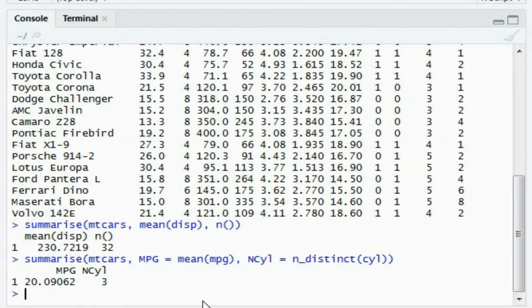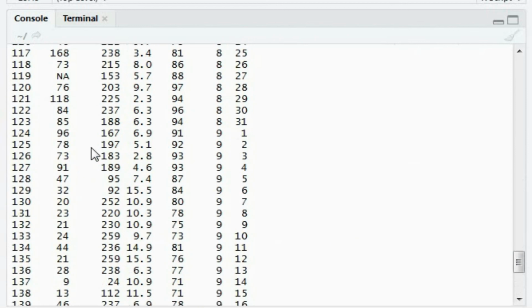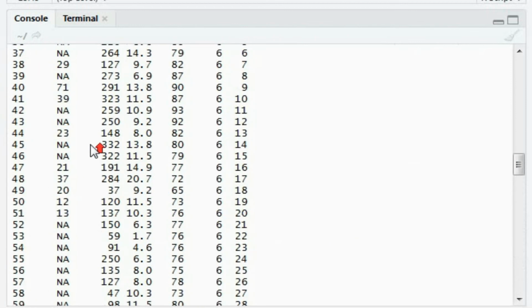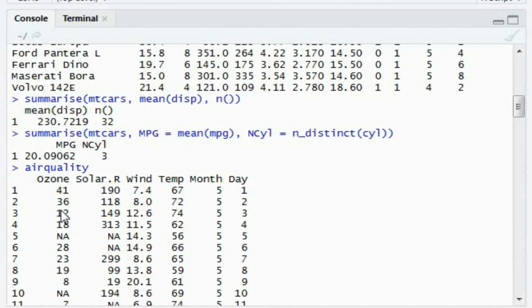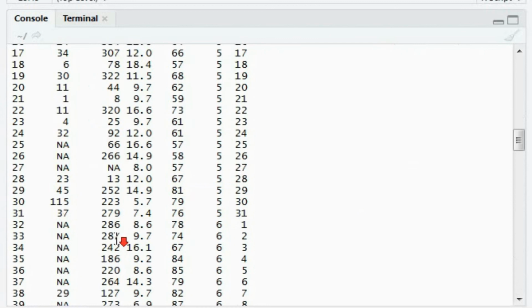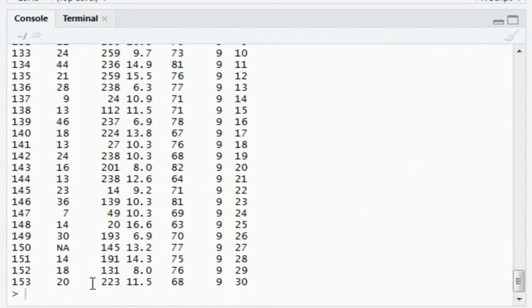So make sure you take care of all the NAs or missing data in your dataset. For example, in the airquality dataset, we have a lot of NAs in the ozone column over here. So if I am going to evaluate the mean of this ozone, then I'll get NA because the NAs are many.